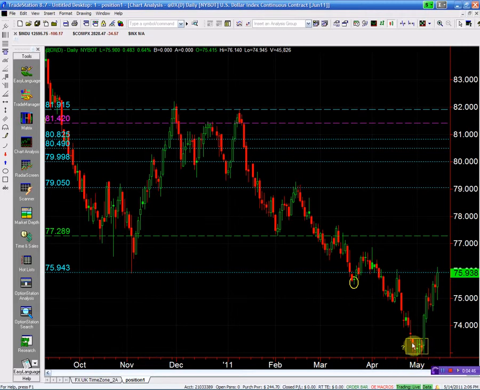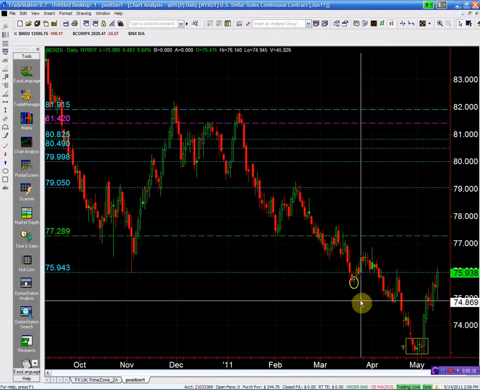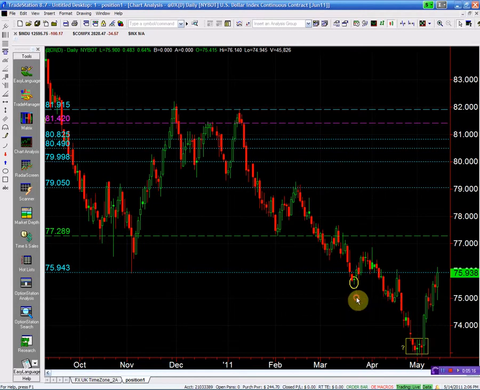There is continuation, but the 75.94 has been a very difficult point for the dollar to cross above. You can see it has been trying from April the 18th, and it also tried to cross above it in March this year. So April and March it has been trying. So this is one attempt, second attempt, third attempt. So this has been an extremely difficult structure point for the dollar, and therefore we need to keep our eyes this